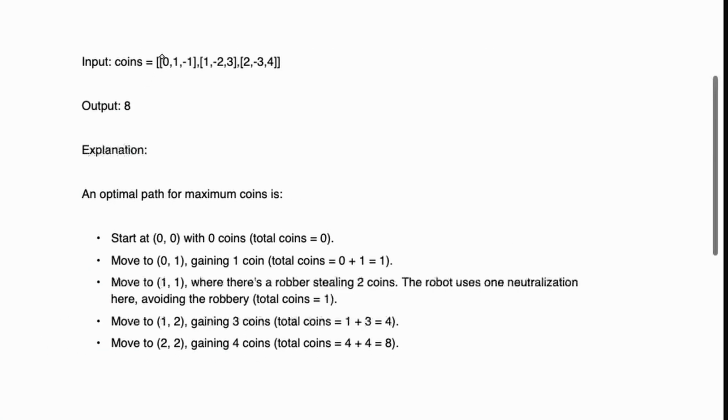So given the example 0, 1, negative 1, 1, negative 2, 3, and 2, negative 3, 4, our output would be 8. And the optimal path would be to start at 0, 0, and we get 0 total coins here because of the value. We move to 0, 1 and gain 1 coin because the value there is 1. Then we move to 1, 1, which is negative 2. However, we use our ability to neutralize here, so we actually don't lose any coins. Then we move to 1, 2, where we gain 3 coins. Then we move down to 2, 2, which is our ending, and we also get 4 coins there